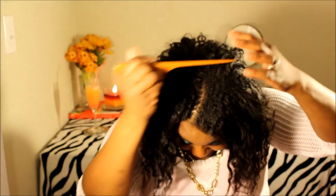Some people use picks, but I just use the end of my rat tail comb, and then I flip my hair over, and at the root, I'm just pushing it up, giving some volume to my hair at the root. Then I go through at the root here on each side and just kind of go in, and then I just keep playing around with it until I get the shape and the